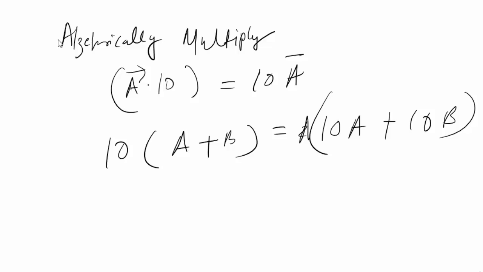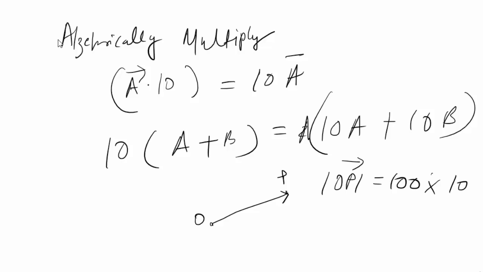A simple example could be a plane moving from the point O to a point P, and the OP vector magnitude is 100, which is a velocity. If I multiply it by a scalar, which is 10, then the whole velocity would now become 1000, but the direction will not change,